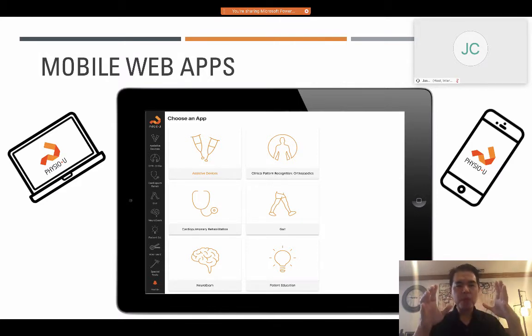So what I'm going to share with you are little glimpses into the apps and how potentially to use them to enhance your learning as you continue on your journey.